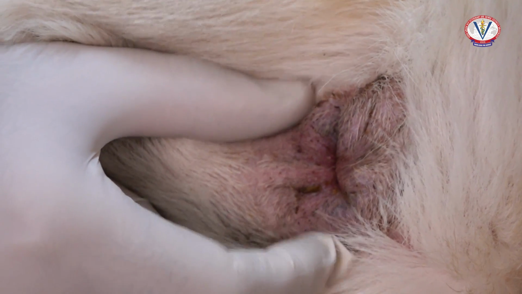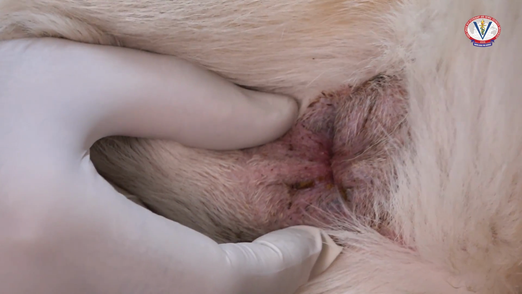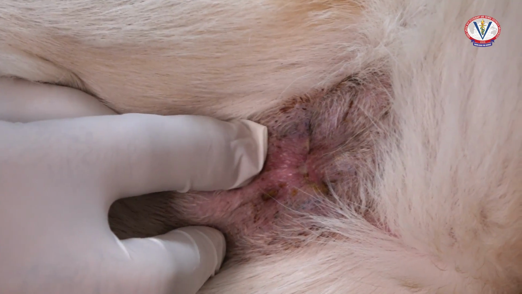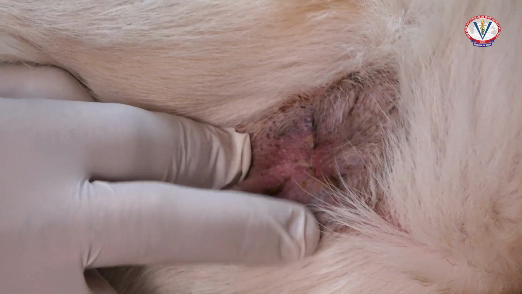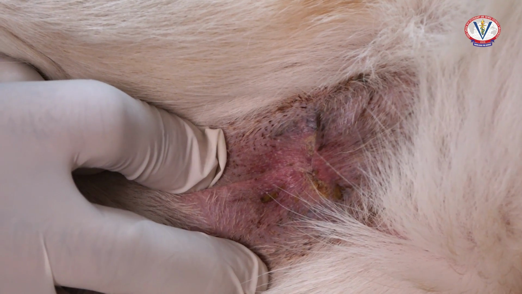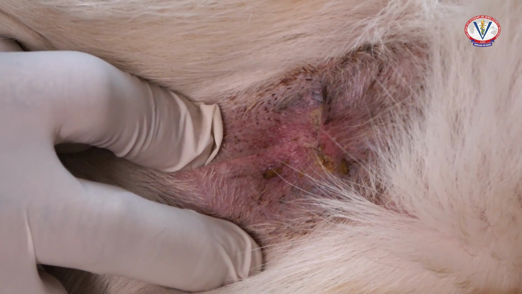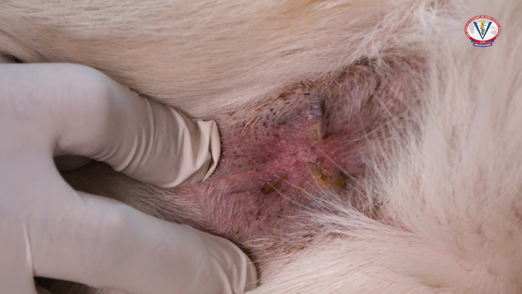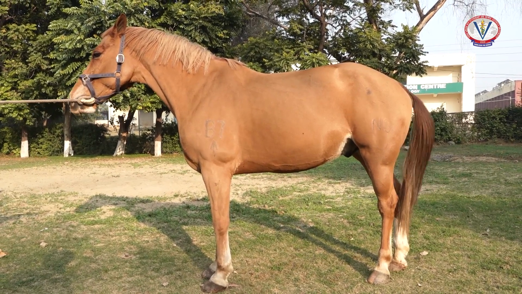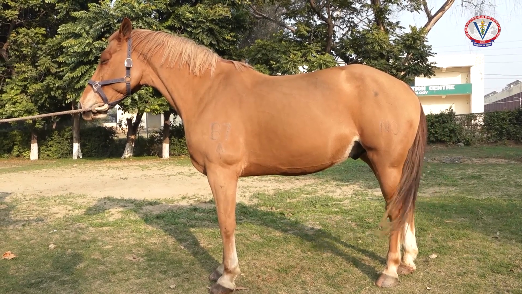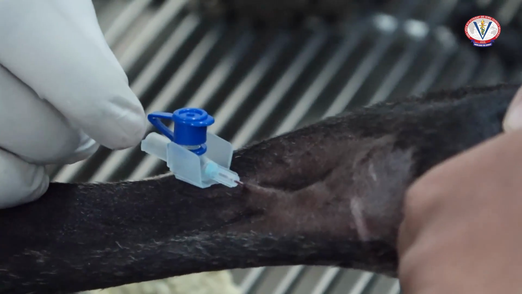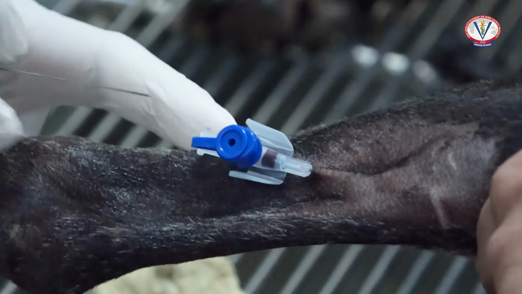The fourth important structure in this region is the anal sacs in case of dogs. The circumanal glands are lobulated, modified sebaceous glands located in a ring about the anus, extending outward for a distance of perhaps 3 cm from the anocutaneous junction. The nerve blocks performed on the hind limb of horses are the same as those performed in the forelimb. Blood can be collected and intravenous administration of medicines can be done at the saphenous vein in case of dogs.